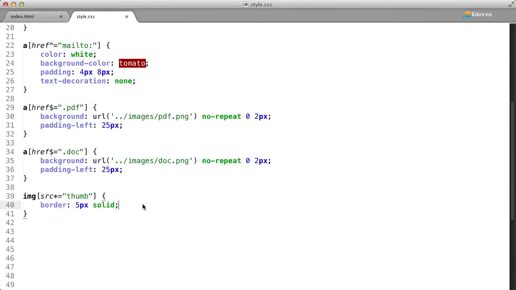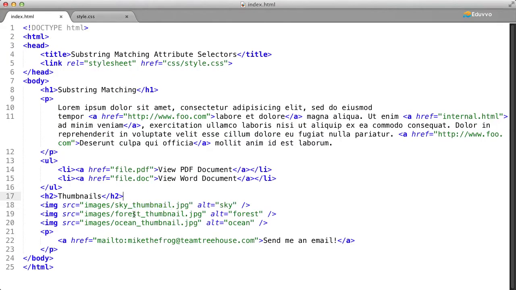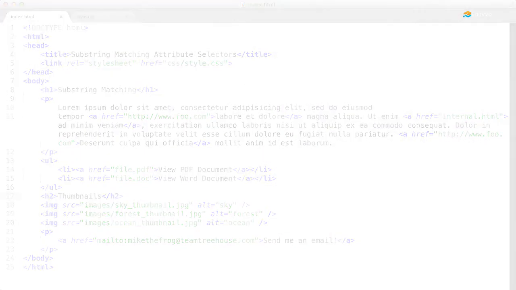Now, if we remove thumb in our substring and instead use the word sky, now the image with the word sky in the source attribute takes on the border styles, which was the very top one here. So as we just learned, substring matching attribute selectors can make our CSS selectors more powerful because we're able to target any part of an attribute, and we're not only limited to the full value. They also have strong browser support, including IE7,